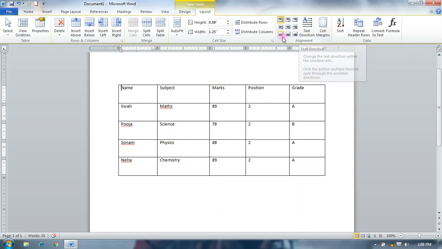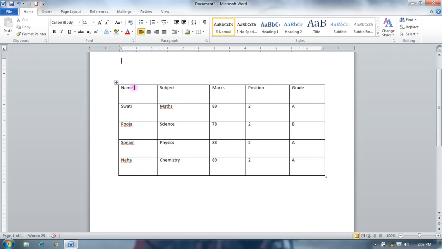Text direction is used for alignment: left, right, center, and so on. Okay, so you can select any row or column by this. When you select a column or row, first you select your column and then your mouse pointer looks like an arrow and you click on this.